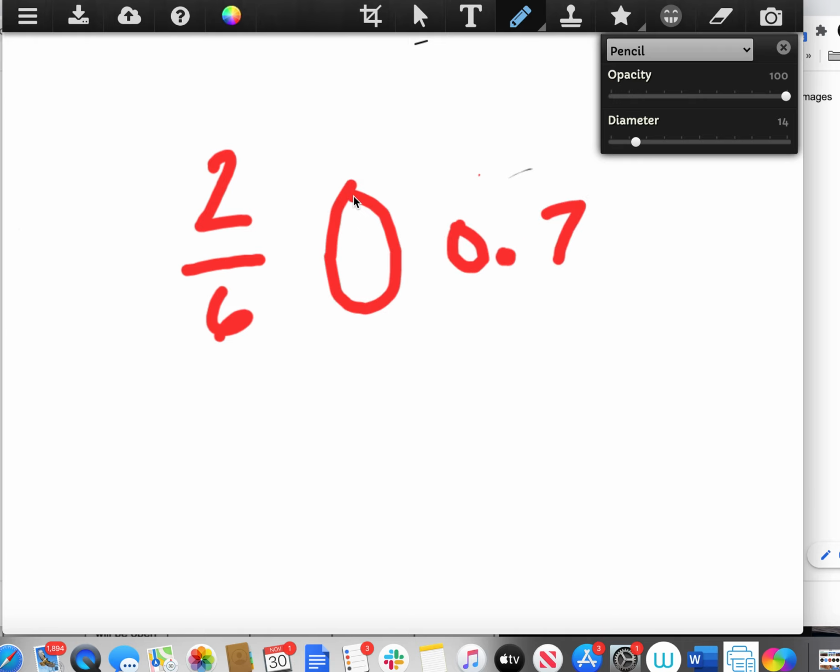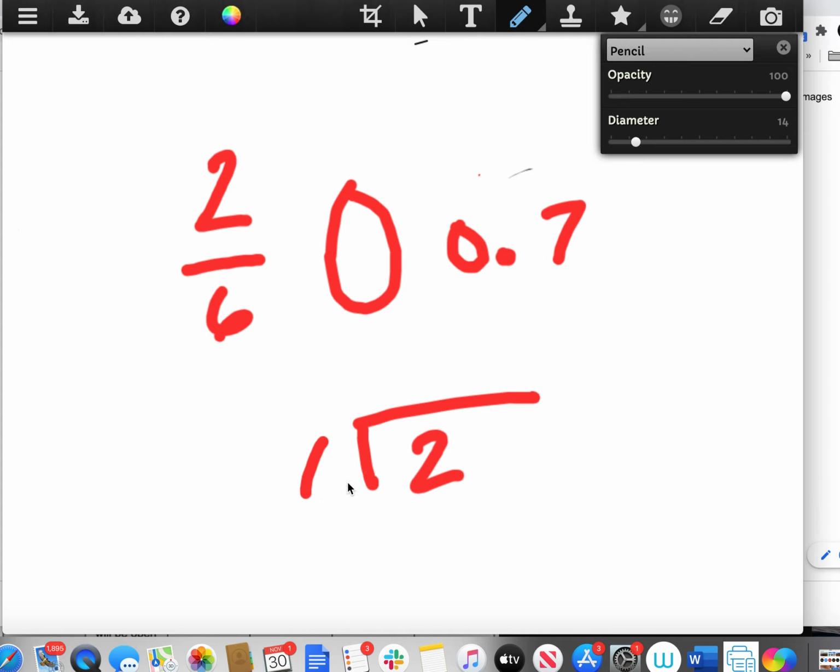Okay, so let's say that I have 2/6, and I'm going to compare it to 0.7. All right. So I can look at this and I can say, well, there's nothing I can multiply times 6 to get to 10 or 100, so that's not going to work. So I can always convert my fraction into a decimal by doing the top dog in the house. Top dog, 2, goes in the house,